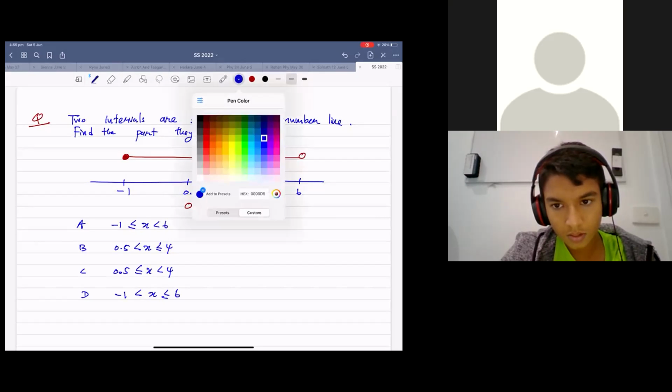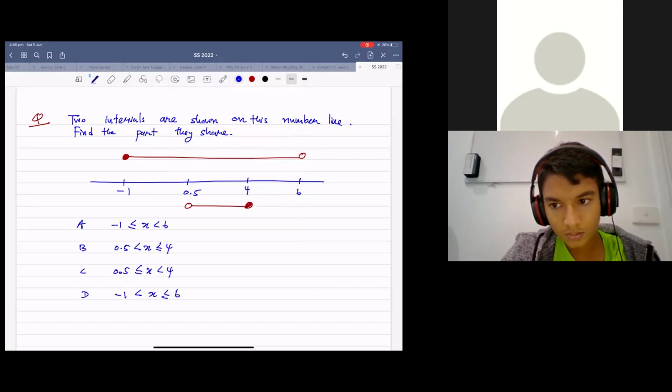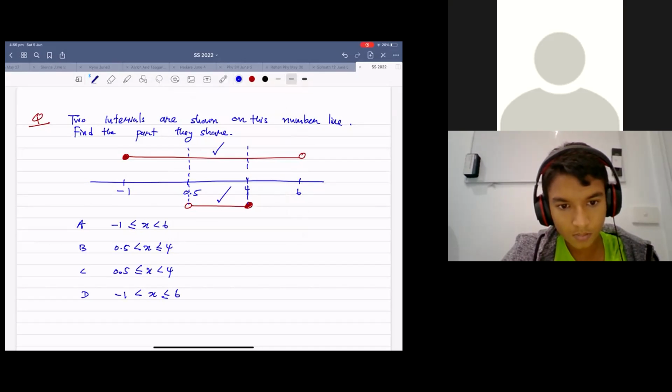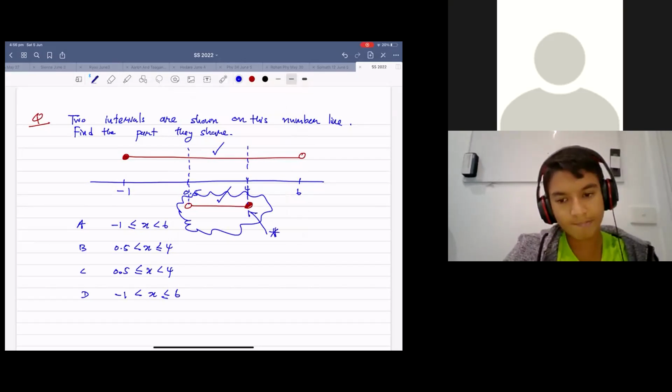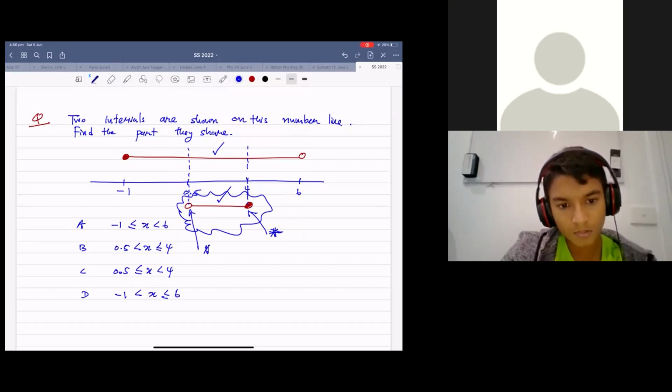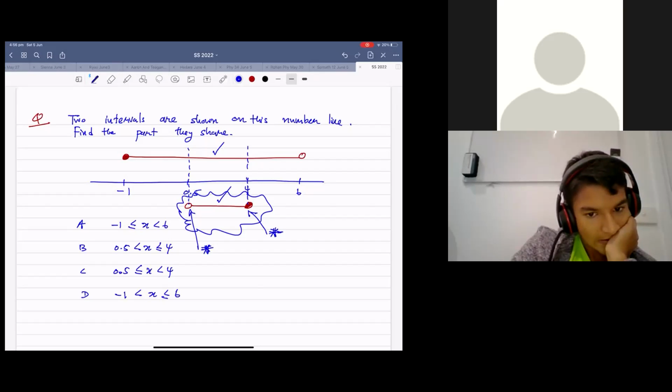So you have to understand here, you need to find the common thing, right? So if you extend this like this, you understand this and that would be the common part, right? In this part, you can see this is solid, this is just a circle. So that should replicate over here like this. Then only it will be common to both. So that would be B.